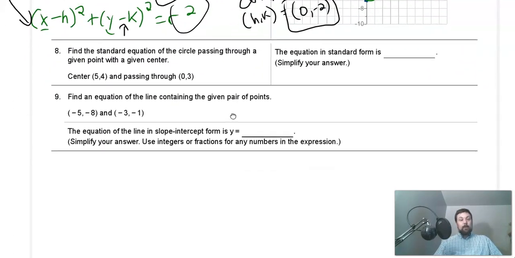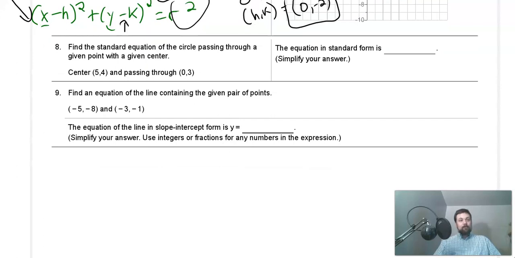Number 8 is another problem about a circle. Here, we're being asked to find the equation of a circle given the center and this point that the circle passes through. So I already have the formula here on the screen, so let's just work off of this. The center is at 5, 4. So that's going to be my h and my k, which I can just go ahead and immediately plug into